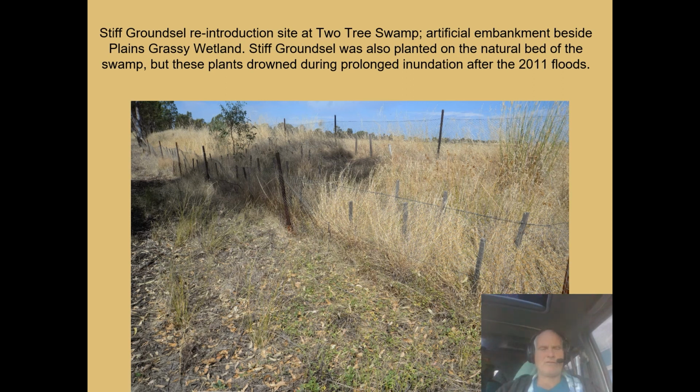So the only surviving plants are on that embankment, which is slightly problematic, because you can see it's quite weedy in that area. There's Phalaris aquatica, which is a big perennial grass, which could potentially take over that area. But that was a successful translocation site. There were about 3 or 4 sites where it had been planted in that crop Wallenjoe swamp area, but when I've been back to look, I can't find any plants at the other sites, so that's the only one that was really successful from that period.